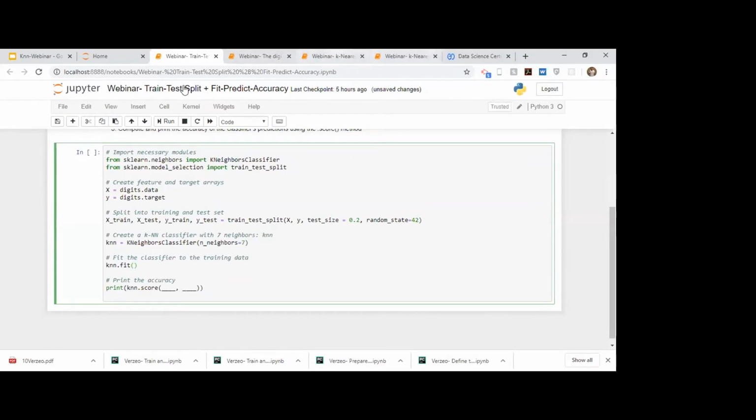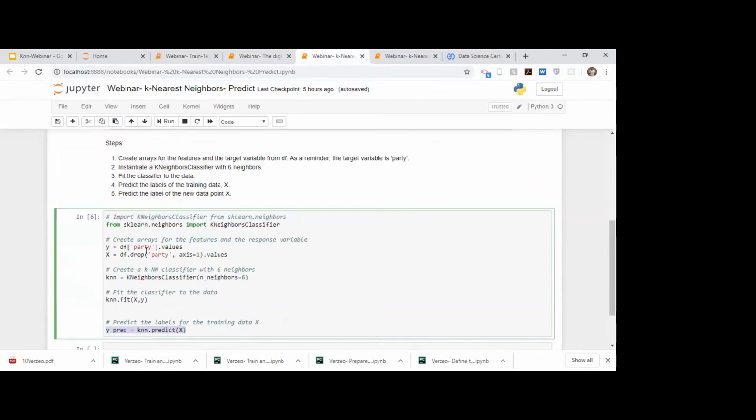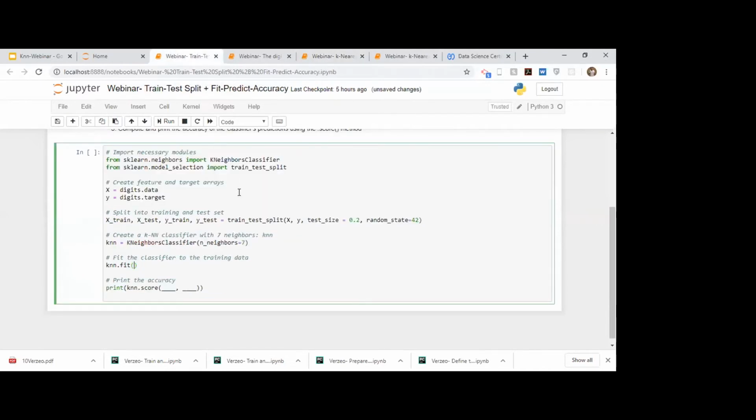Remember earlier we fitted on the entire X and Y, right? What I mean by that is we made our model learn the entire data set. But now we are keeping 20% of the data separate, and we want to make the model learn only the rest 80% of the data, so that we can then use the separate 20% to test whether the model has not memorized and it can predict better.